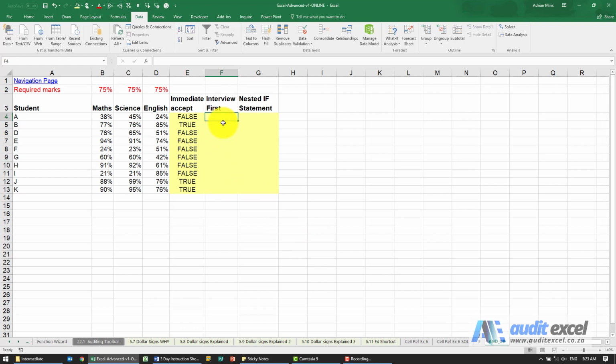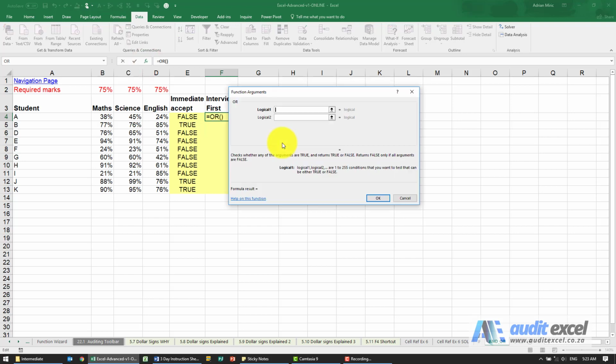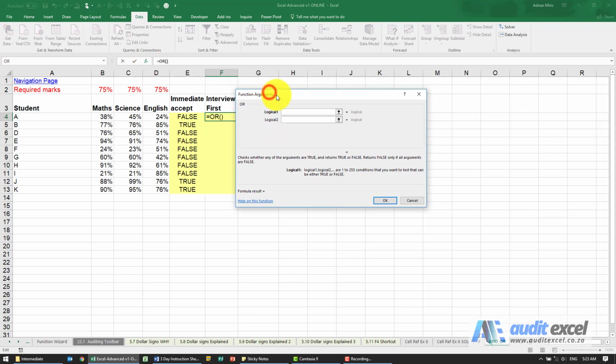The OR function is exactly the same thing, except now only one of them has to be true to generate a true. So in this case we're saying let's interview the people first if either maths is bigger than 75% or science is bigger than 75% or English is bigger than 75%. So the way you create it is the same, except you start with an OR, and all we're going to say is click in that cell, is it bigger than 75%, put our dollar signs on, is it bigger than 75%,